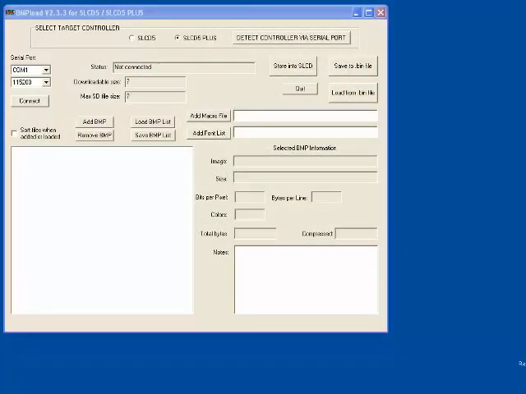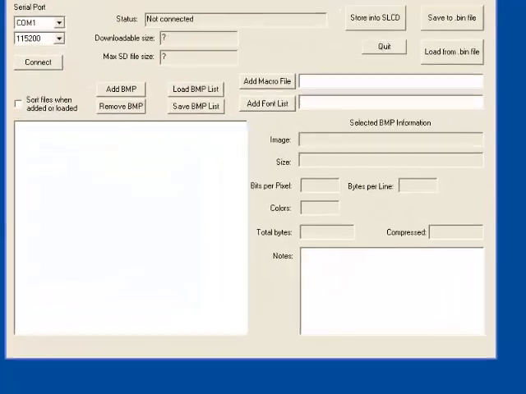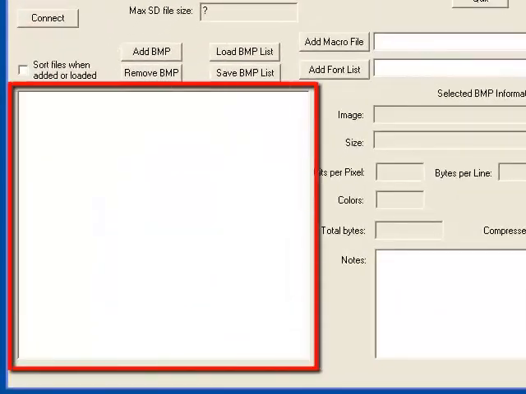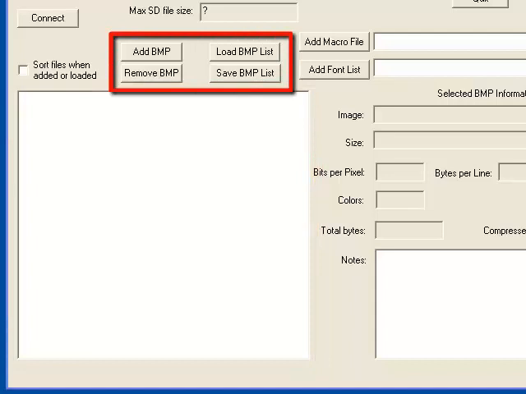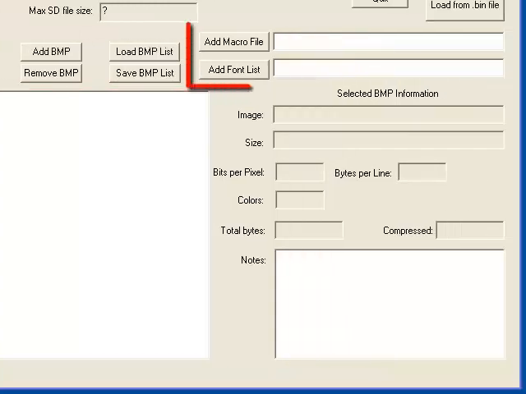Now we're going to look at some of the features in BMPload. In the lower left-hand corner, you'll see a list box that shows the list of all the BMP files that have been selected. Above that, you'll see buttons to add BMPs to the list, remove BMPs from the list, load a list of BMPs from a file, and save a list of BMPs to a file. Next to those buttons, you'll see buttons to add a macro file or add a font list. Each of these buttons brings up a file browser that you can use to select the file you want to